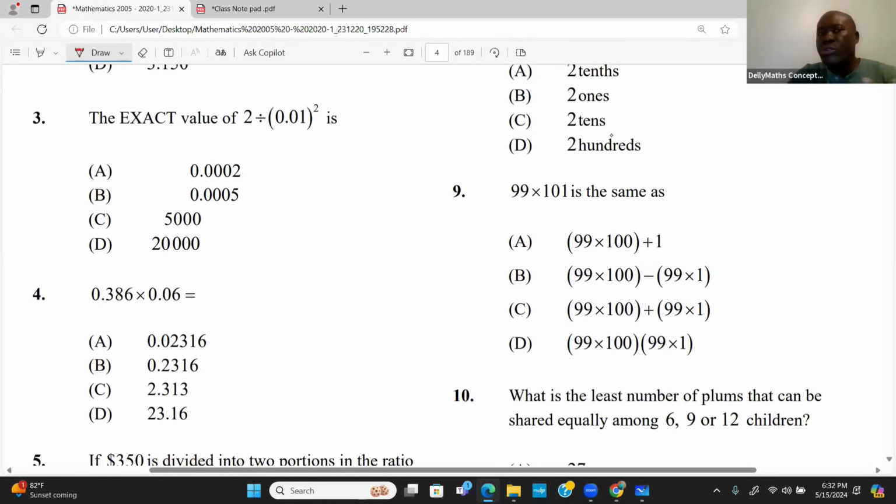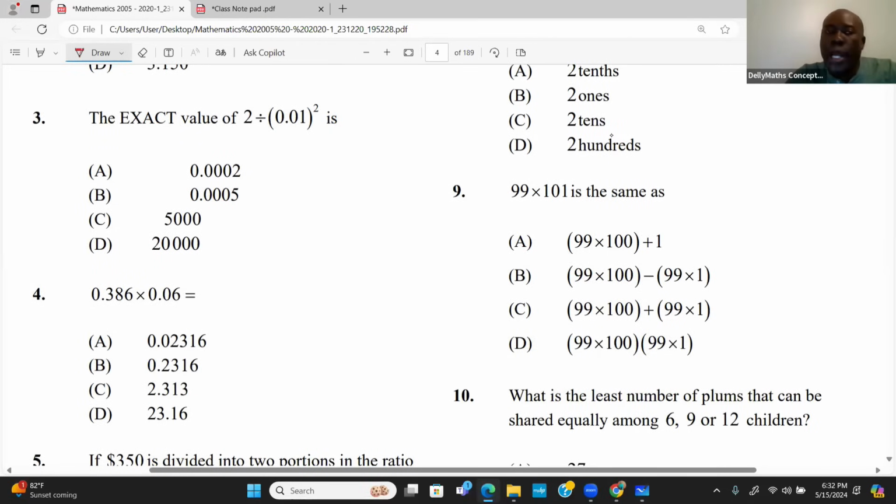I'm going to actually do some polling here where I'm going to ask you to respond. So I just want to ask you to punch in your answers. You're going to have an opportunity to punch in your answer on screen. I'm going to do something where things will come on your screen and you do it. All right. So it says, number 3, the exact value of 2 divided by